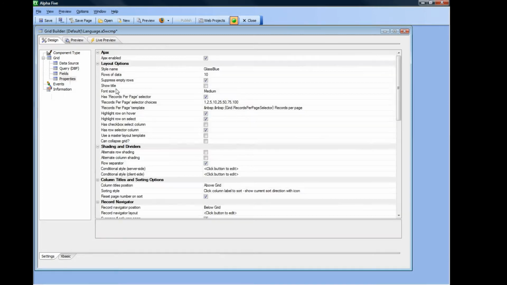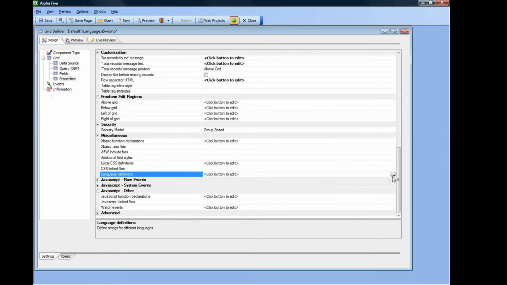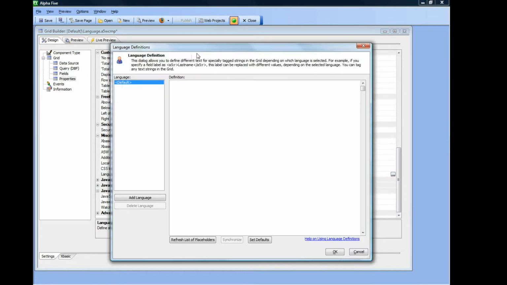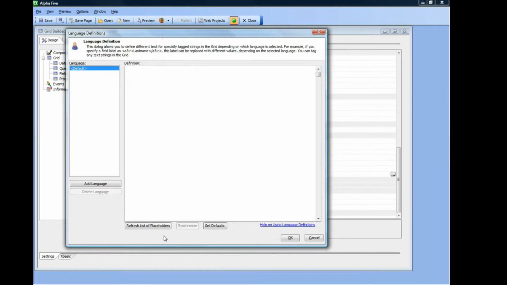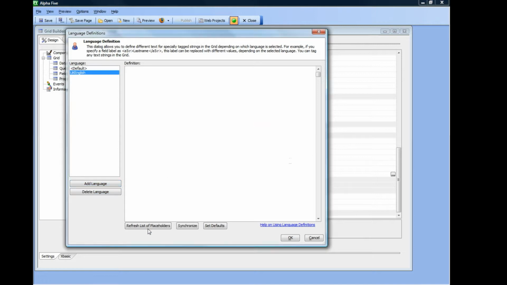Let's go and define the language definitions. So I'll go here to language definitions, and you can see there's always a default language definition. So we'll add a new language called UK English, and then we'll press this button over here to get a list of all the placeholders that we've used. So we'll go back to, say, default over there, and for the default case, which is, say, US English, we'll just use last name,